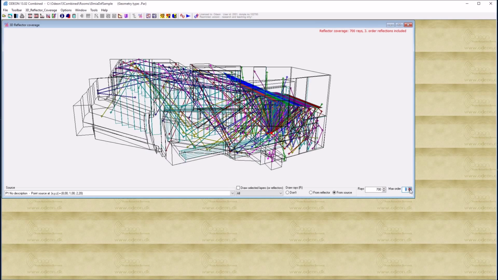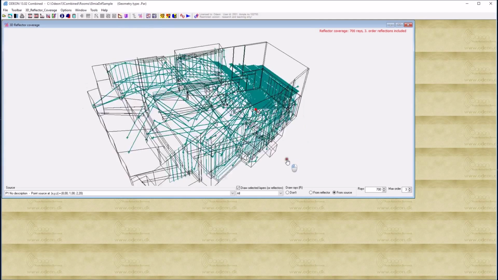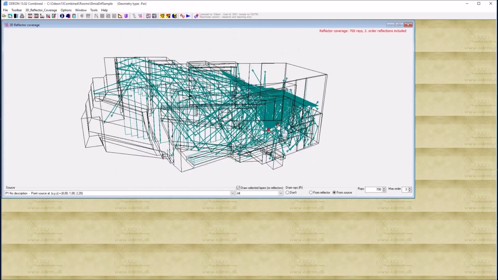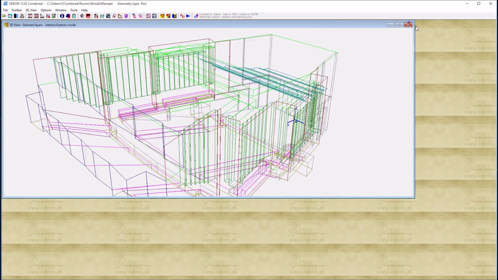And you can define which reflection order you want to use, or that you want to visualize your reflectors with the color by layers. If you have many different types of layers and so on, you might prefer this in order not to get too many different colors. So these are the visualization tools that we have there.